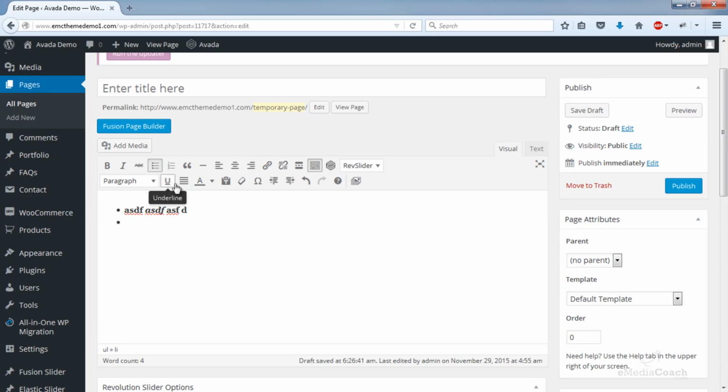so I don't see you having too many problems with that. But if you have any questions about what you're seeing here, just let me know and I'll be happy to help you. If you're not seeing everything, just click on this toggle toolbar and you'll be able to see everything. So hopefully that's okay, but if you have any questions, please do get in touch via the comments below.